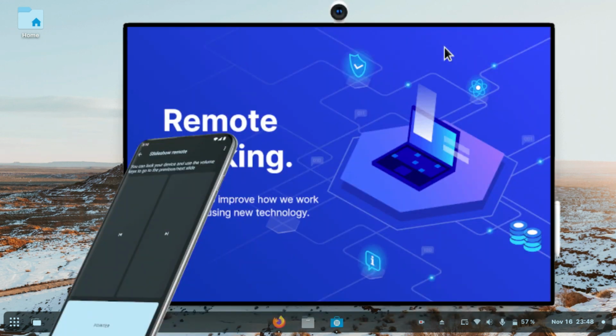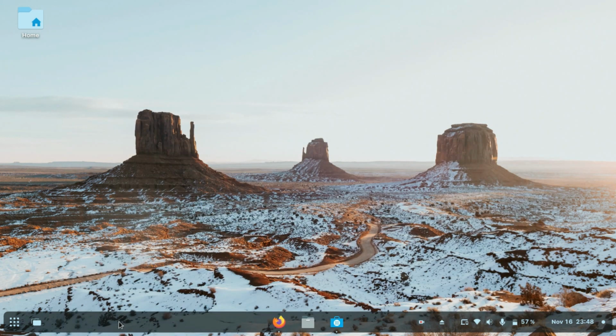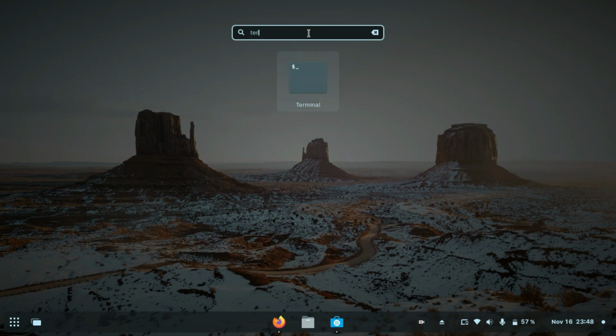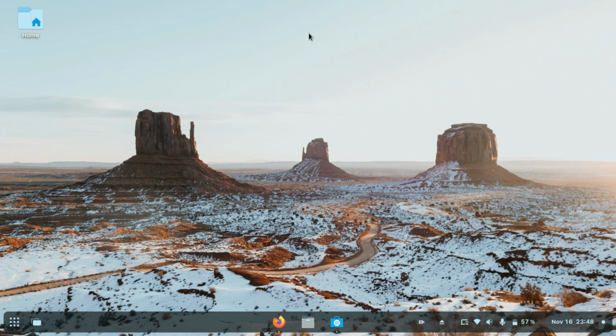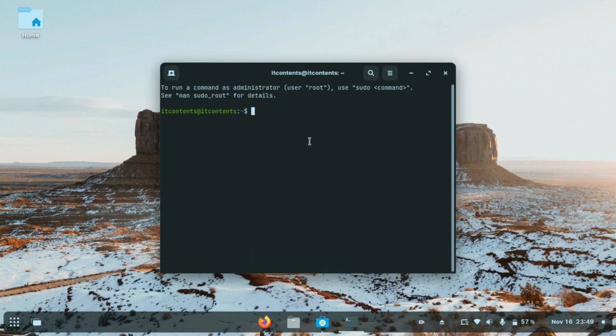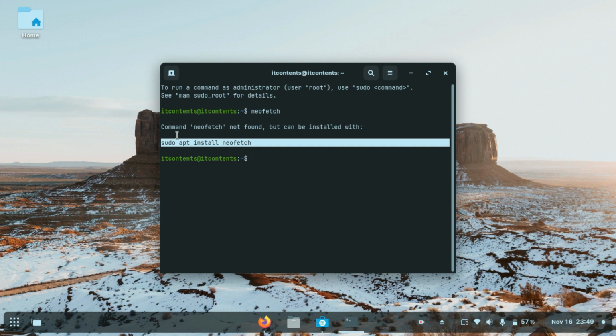So that's also one of the benefits of using Zorin. As you can see, if I open up a terminal, that's one of the things a Linux user would sometimes use to install applications apart from using the store itself. Even if the store has a wide range of applications, you can still use the terminal to do whatever you want. So for example, if I wanted to use a tool like NeoFetch, this is just